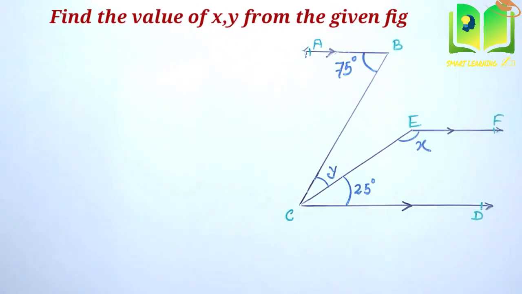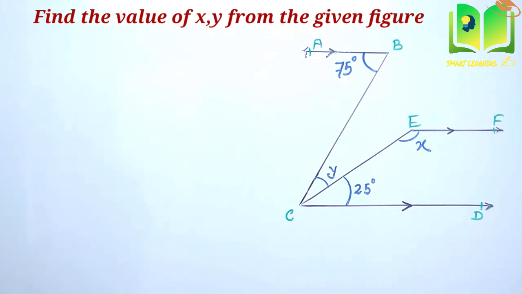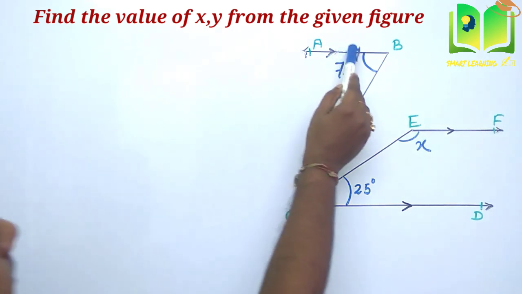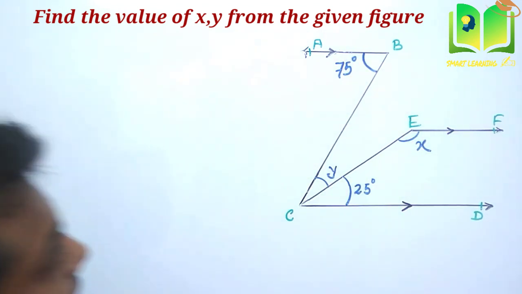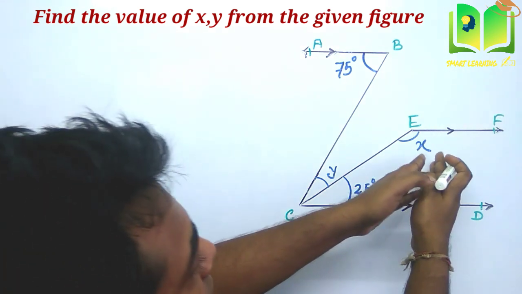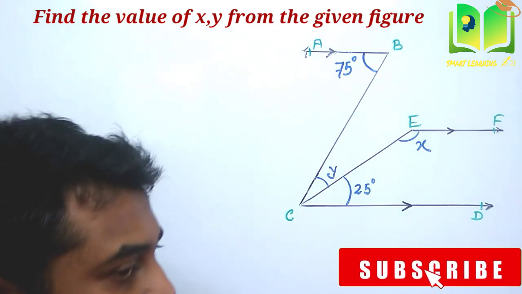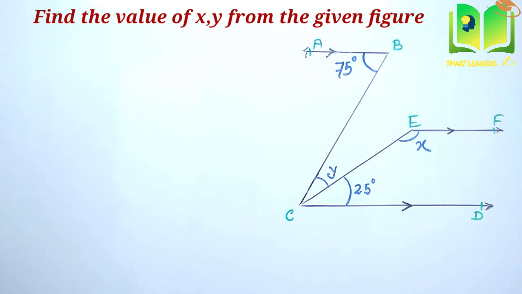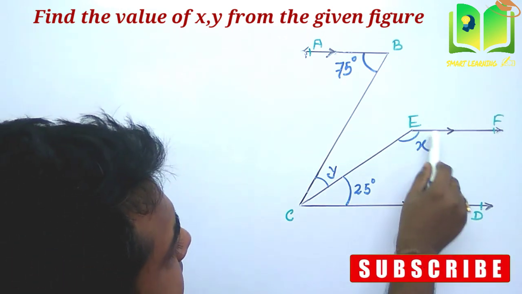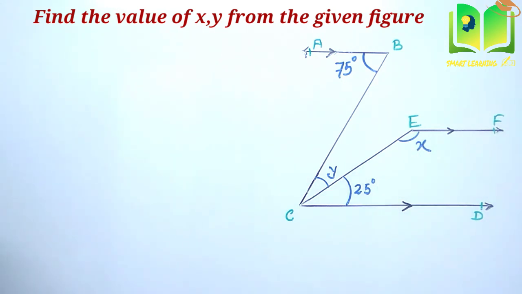This one is your 14 number question. Okay. As per the given figure or given condition, AB, EF and CD, these three lines are parallel. So from this figure our question is find the value of x and find the value of y. Okay. So we will do the math step by step. Okay. Here we can see this line and this line are parallel. So x and 25 degree are actually two co-interior angles, and you know the relation between them. So let's start.